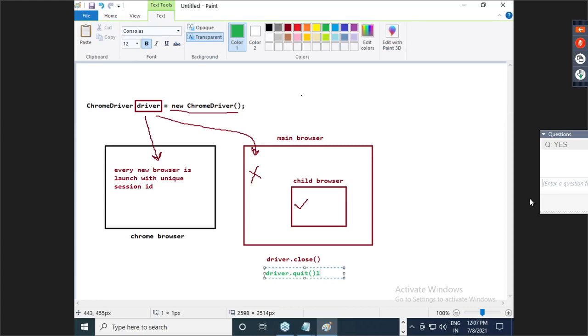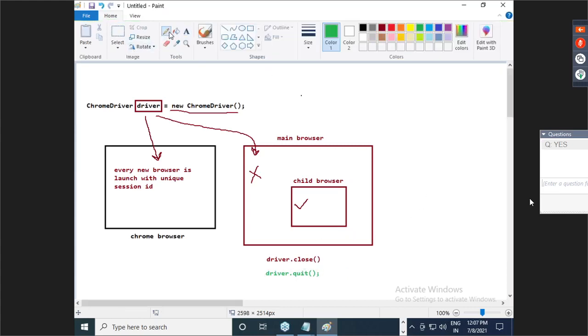Now I will use driver.quit. What is quit doing, guys? Okay, it takes the session ID of the main browser stored in driver, closes it, then switches to the child, captures the session ID of the child, stores it in driver, and again closes it.